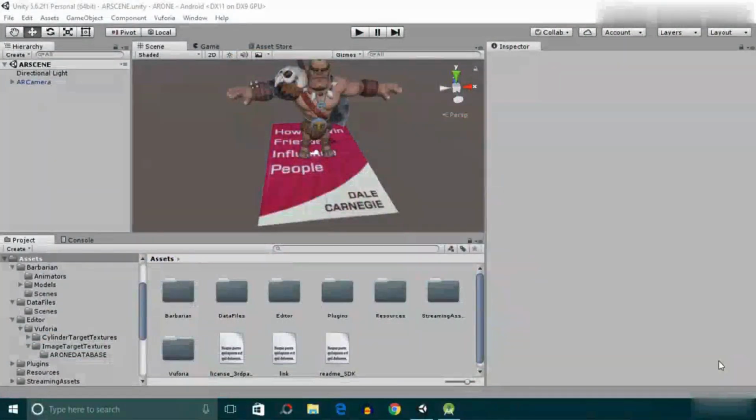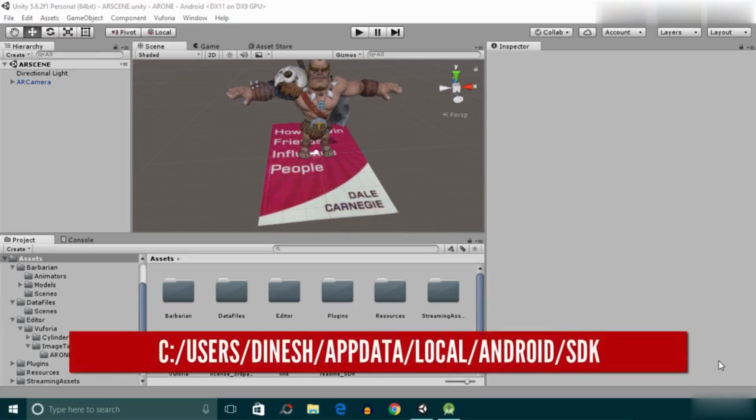In this video, we will build an augmented reality application called the AR1 and we will run it inside our Android smartphone. Now, for building the AR1 application, we first need to set the SDK and the JDK path inside a Unity software. In my system, the SDK folder is located inside C drive, users, Dinesh, app data, local, Android/SDK